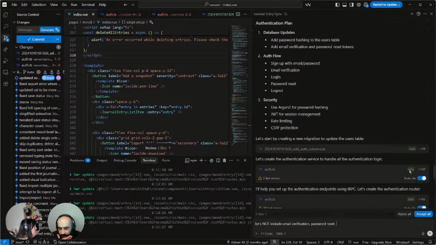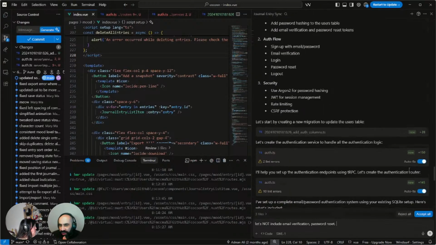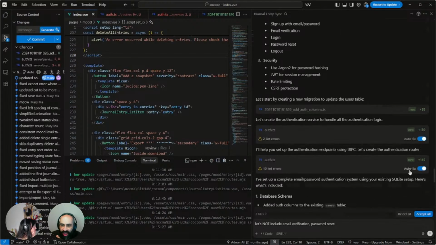JWT for session management is also fine. Rate limiting, unnecessary, but not a big deal. CSRF protection is a good thing to have, but can cause issues sometimes in the way that it's implemented. I would go through with it because it's the right thing to do. But just to be wary, if something breaks, we want to ask it to remove it.